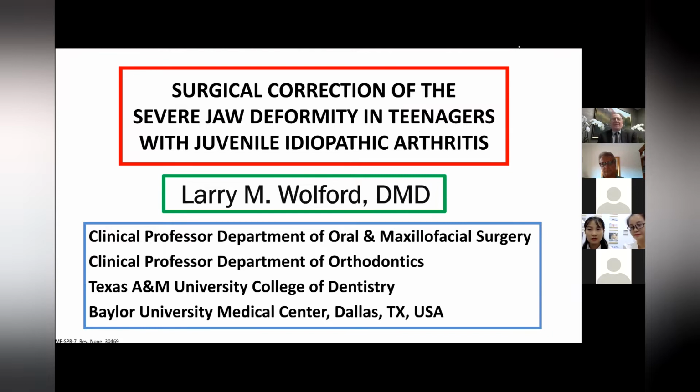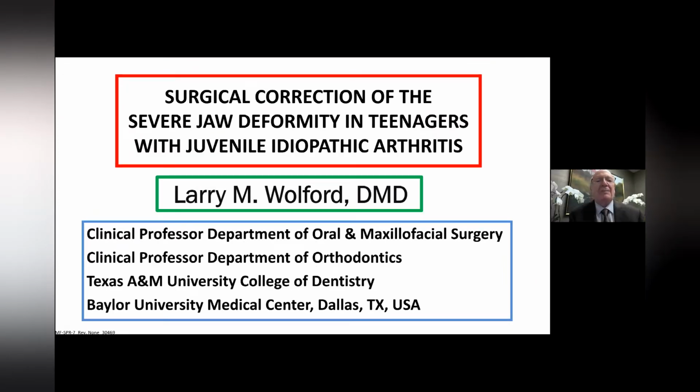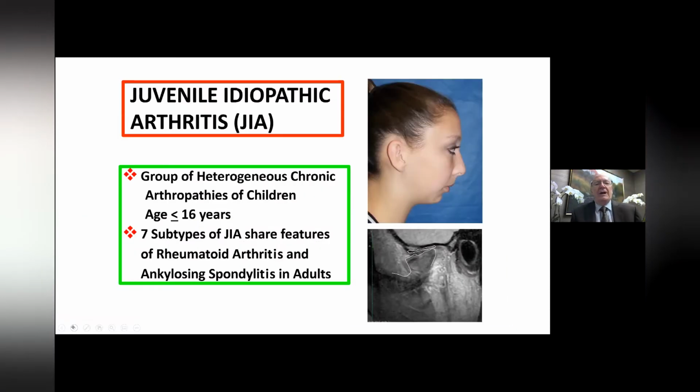Well, good morning. What I'm going to talk about today is the surgical correction of the severe jaw deformity in teenagers with juvenile idiopathic arthritis. Juvenile idiopathic arthritis is a group of heterogeneous chronic arthropathies in children that begins from the age of 16 years and younger. There are 7 subtypes of juvenile idiopathic arthritis that share features similar to rheumatoid arthritis and ankylosing spondylitis